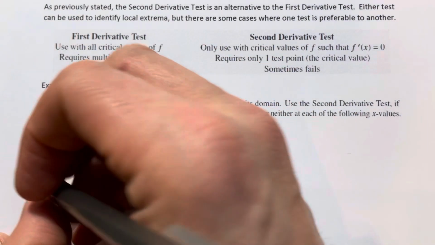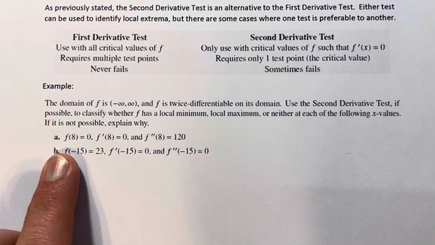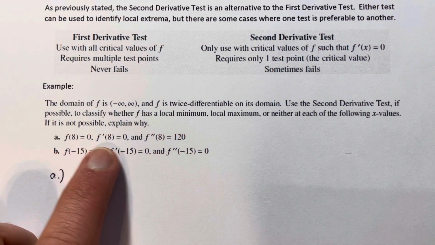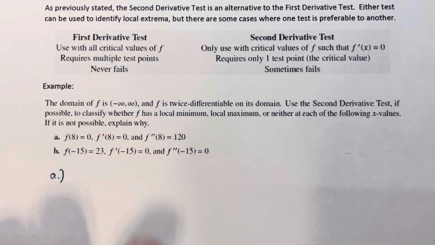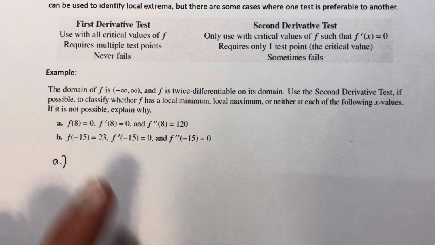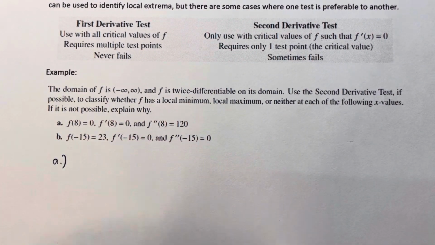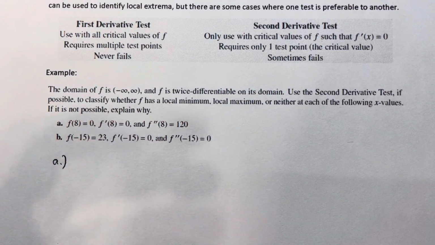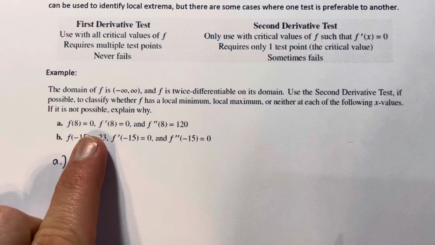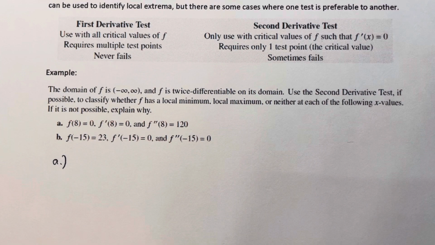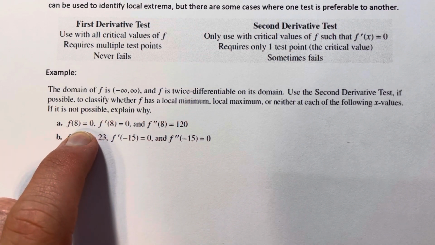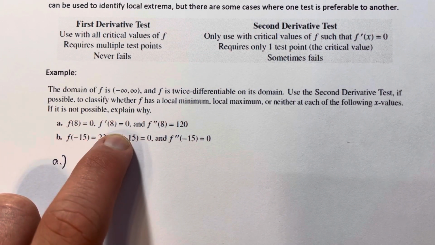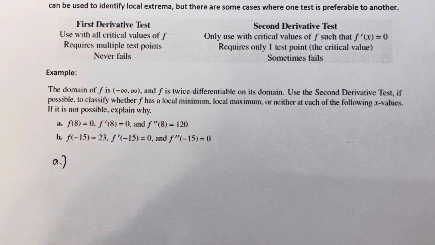Here, for part A, we see that f of 8 is equal to 0. We also see that f prime of 8 is equal to 0, and f double prime of 8 is equal to 120. So I'm using 8 as the x value in each one of these. Do I have enough information here to conclude anything about 8 as far as whether it gives me a relative extremum and what kind? Well, the fact that f of 8 equals 0 is not going to be useful quite yet. So f prime of 8 equals 0